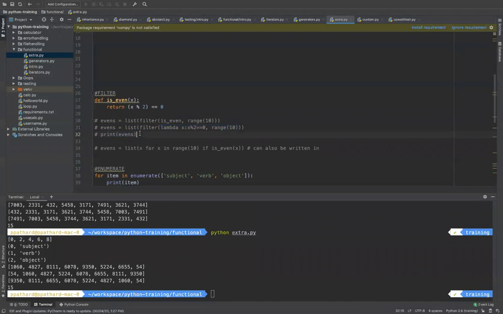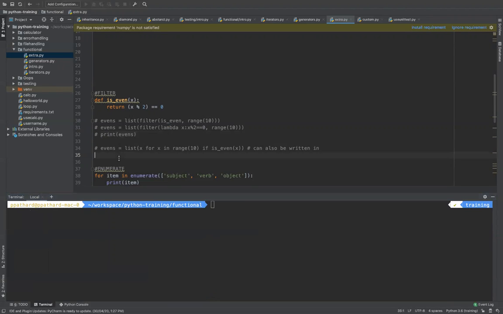Now some more functions we are going to talk about. The next function that I'm going to talk about is called enumerate. The enumerate function, if you pass values like 1, 2, 3, will return the index comma value, index comma value, index comma value. Enumerate means it will give you an index and that particular value. That is called enumerate.